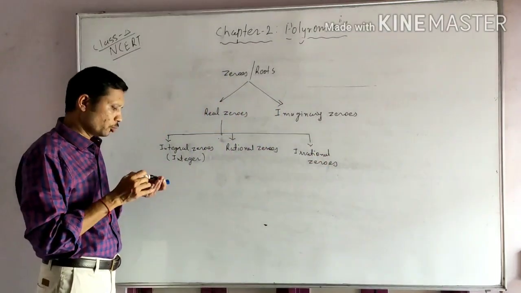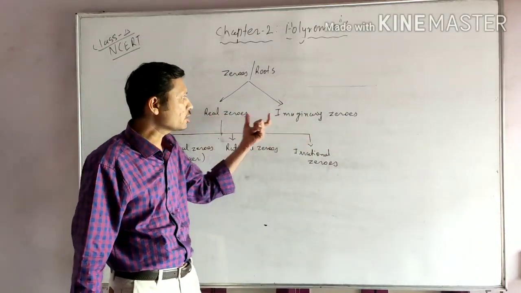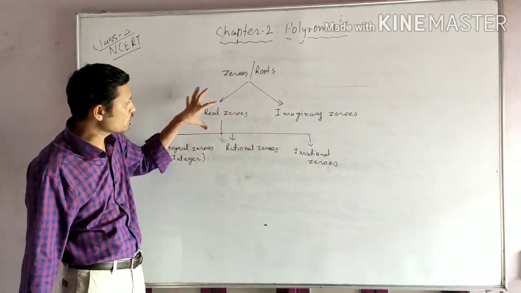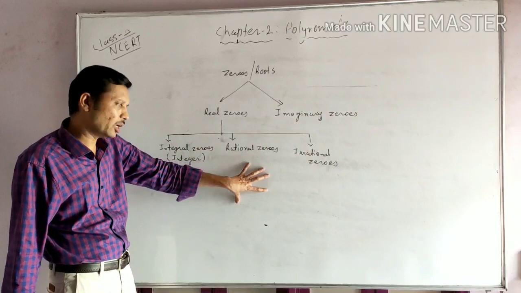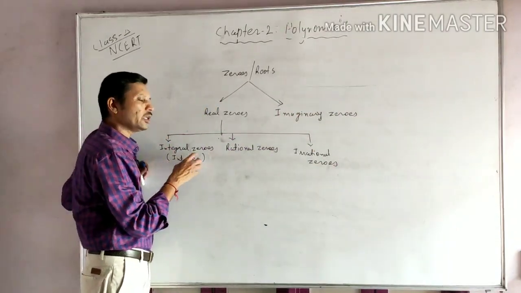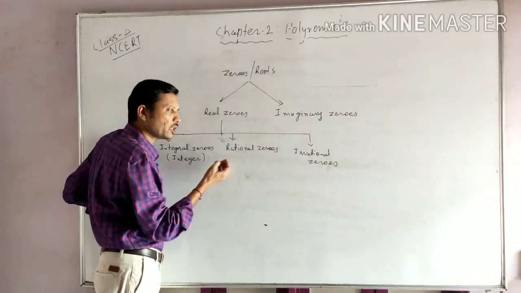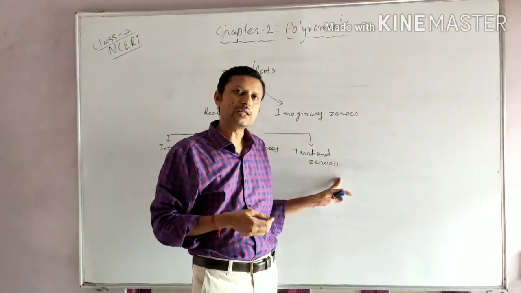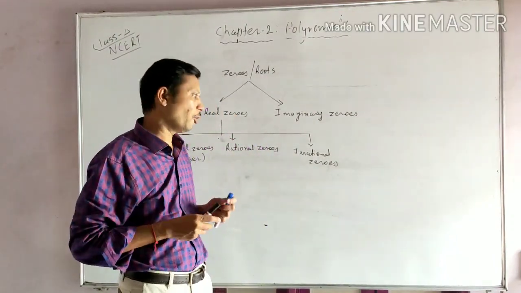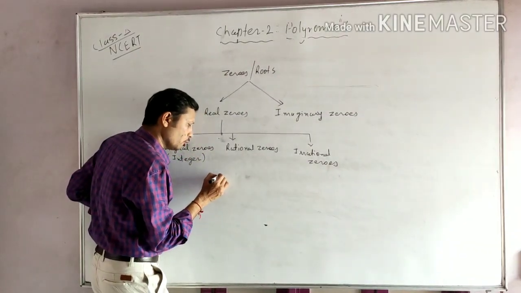Okay, so roots mainly दो कैटेगरीज में हम डिवाइड कर पाएंगे, रियल जीरोस एंड द इमेजिनरी जीरोस, राइट? बट हमारा सिलेबस जो है रियल जीरोस पर डिपेंडेबल है पूरा, राइट? इमेजिनरी जीरोस आपके हायर क्लास में पढ़ना आएगा, राइट? नाउ रियल जीरोस में हमारे पास इंटीग्रल, दैट मींस इंटीजर जीरोस भी हो सकते हैं, रैशनल जीरोस भी हो सकते हैं, एंड इरेशनल जीरोस भी पॉसिबल है, डिपेंड व्हिच टाइप ऑफ पॉलिनोमियल वी आर फॉलोइंग, राइट?